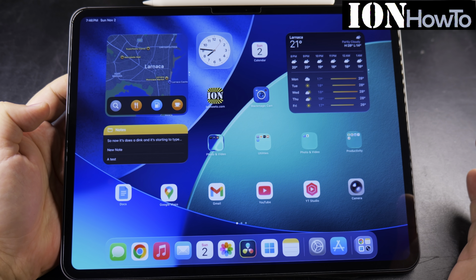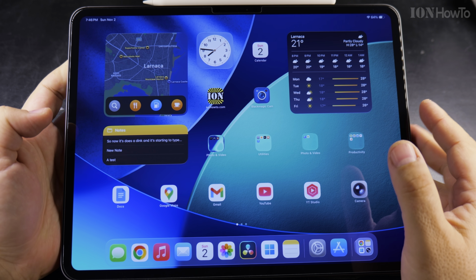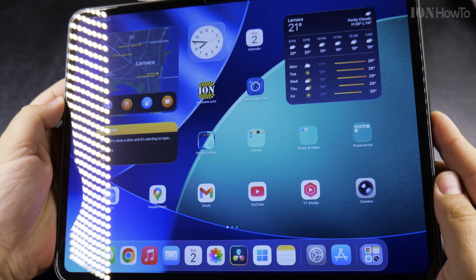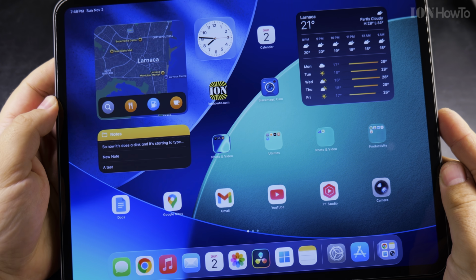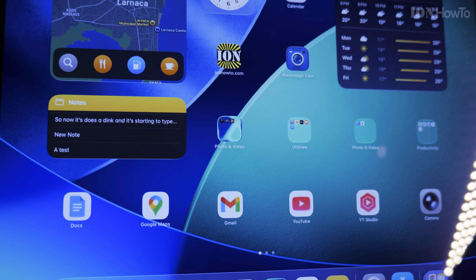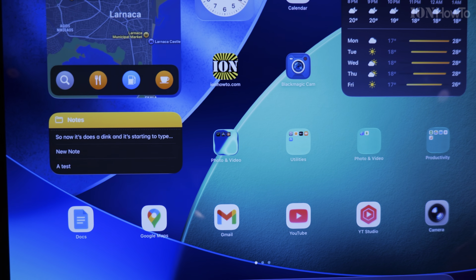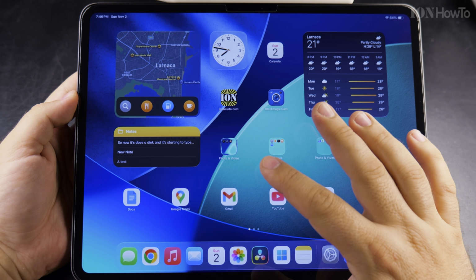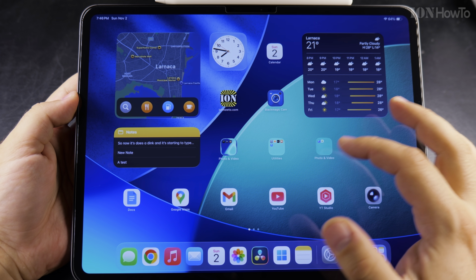Today I show you how to make the iPad backgrounds more solid if you don't want to have these kind of shapes, and especially if you have the parallax effect on the iPad. You can turn on the option to reduce motion if you want to turn off that option. If you just want to have a more simple background and you don't really mind about the parallax effect, and